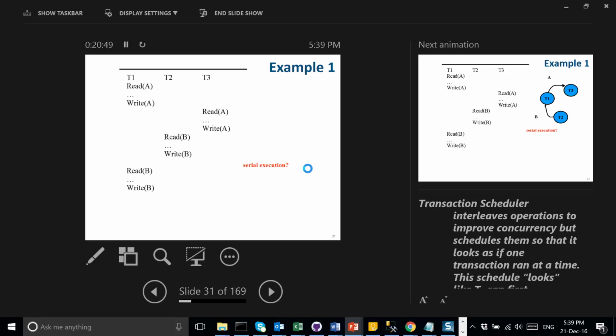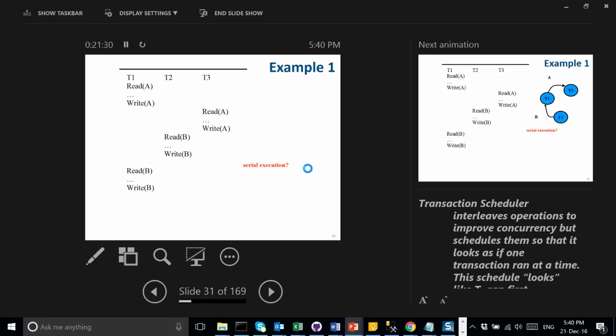Now, write A and read A. Yes, there is potential conflict. So read A has to be after we write. So I already have this precedence that T1 must go first before T3. So I don't need to draw it again. It's already there. Now, write A, of course, there's conflict. This has to go first, and then this comes later. Okay. Now, did I finish? Yes, I finished with these. Now here, is there anything that came after this? There's nothing. So I am finished with T1.